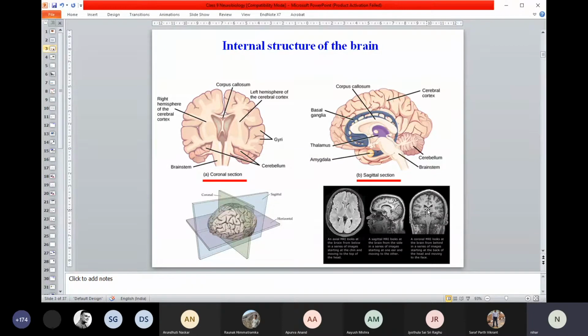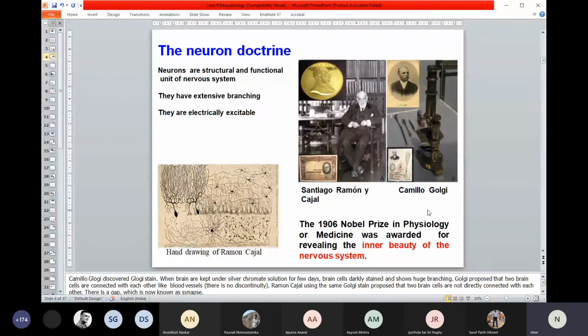So that's how we can look at various internal parts of your brain. Now let's see what cells are present in a brain. We will be gradually going from cells to systems, parts of our brain. So first look at the cells present in our brain, and we all know the cell is called the neuron. But you probably are not familiar with how the neuron was actually discovered, the history behind it. So I'll just give you a little taste of it.